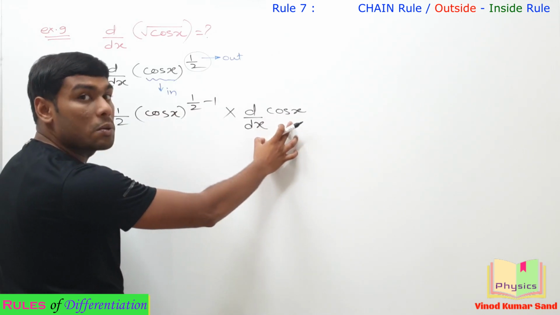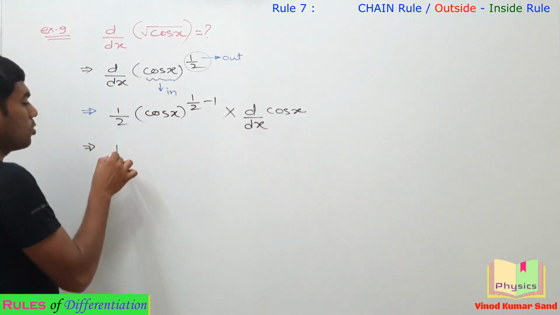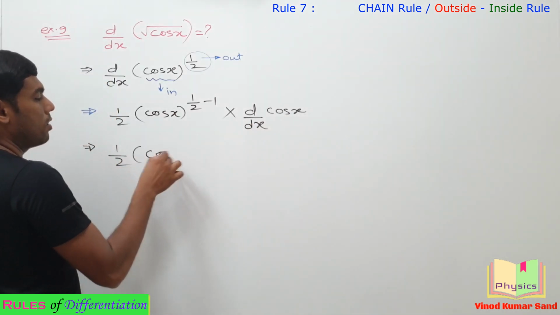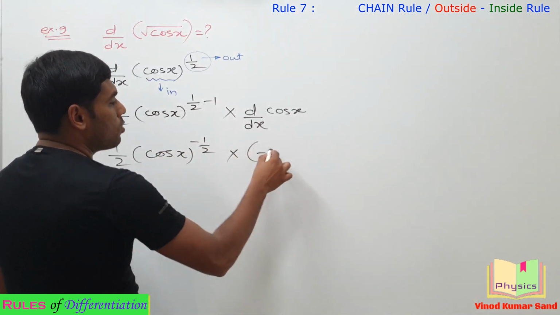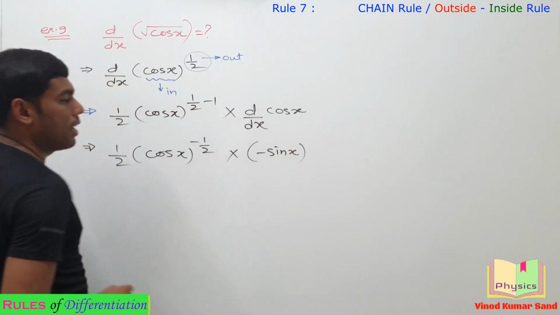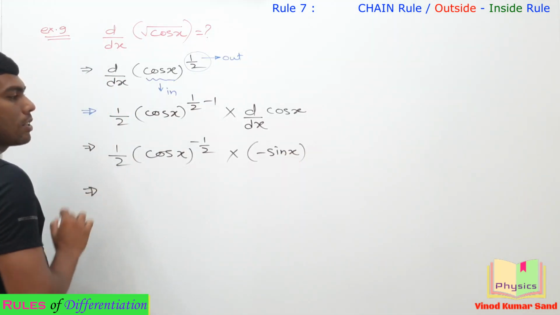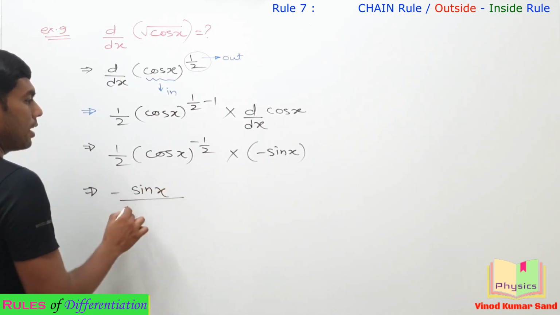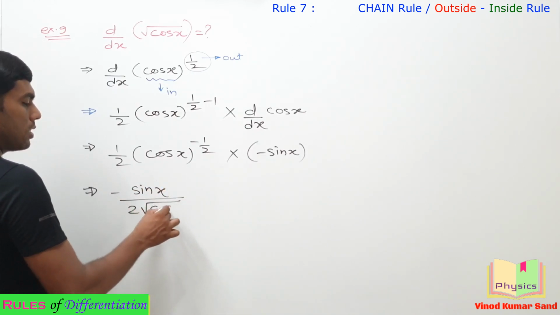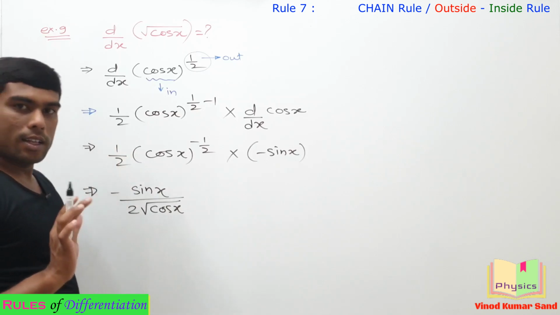It becomes what? Minus sin x. So we'll be writing cos x here and minus 1 by 2 into this will be minus sin x. Fine. Here you can sum up your final answer. Minus sin x by 2 root cos x. Easy and good